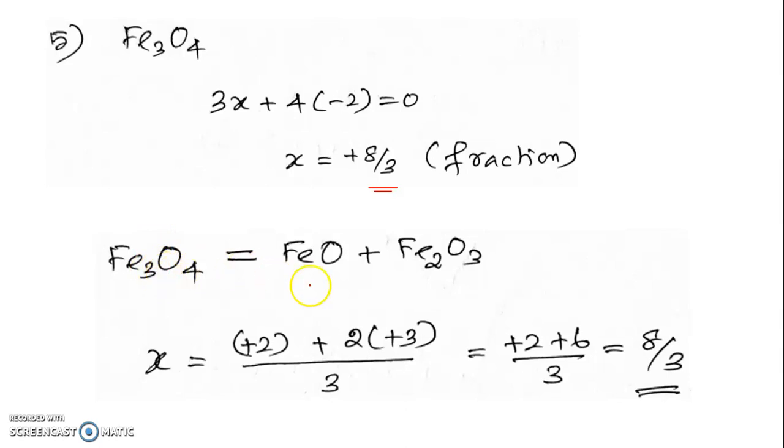See the formula, actually Fe3O4 is called ferroso-ferric oxide. What is meant by that? It consists of ferrous oxide and ferric oxide. So one iron is +2 and the remaining 2 iron atoms are actually +3. So the average is 8/3. So in the normal method, the oxidation state that we are calculating is actually an average. Are you clear? So whenever the average comes out as a fraction, it indicates that the atoms are present in different oxidation states in the given molecule. Are you clear?